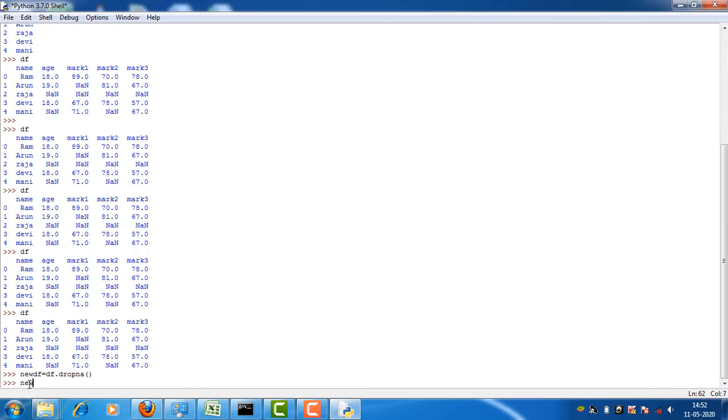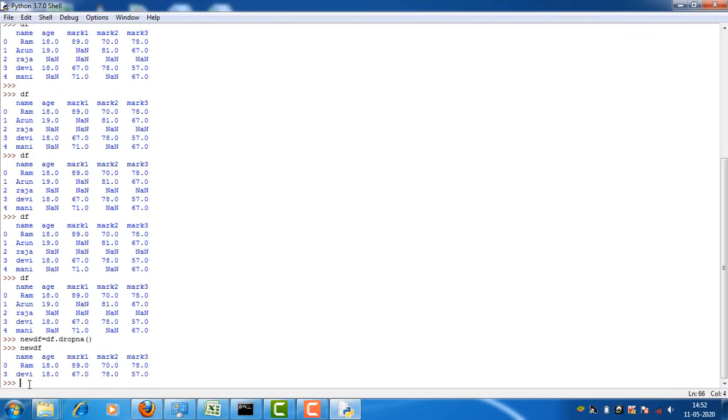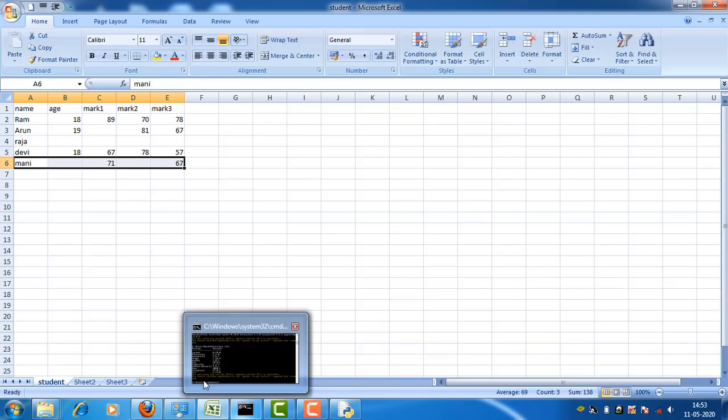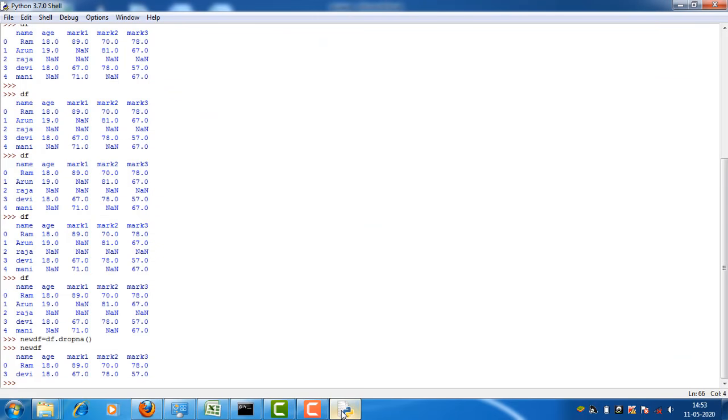By default, dropna deletes the entire row which has at least one None value. Okay, so like this, Arun, Raja and Mani have None values. So three students are removed from my Excel sheet. Only Ram and Ravi are displayed.